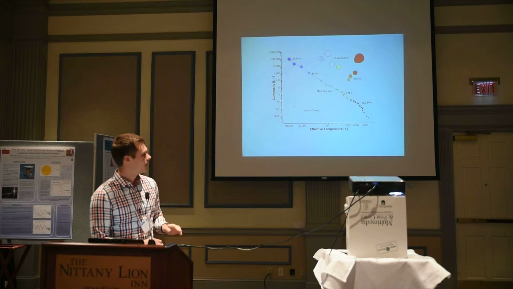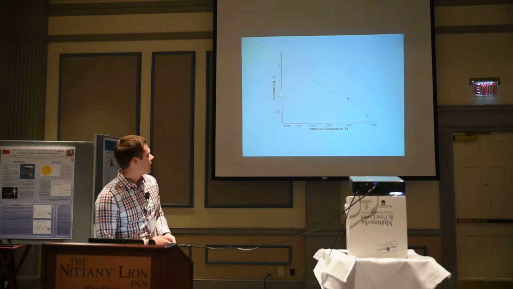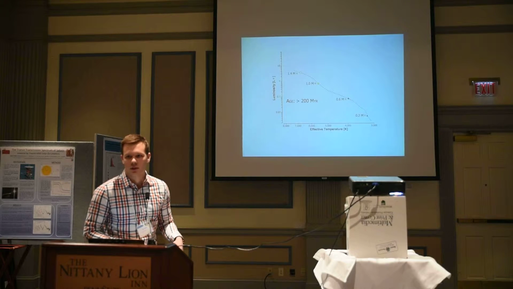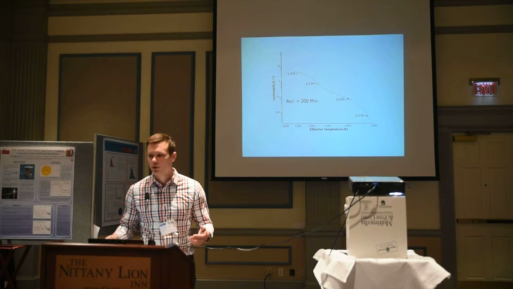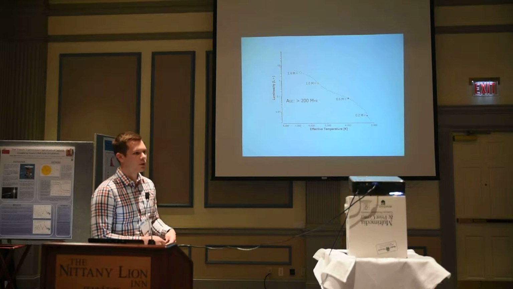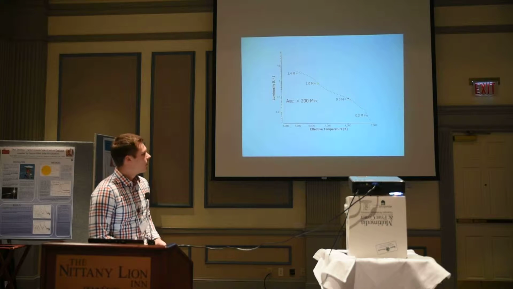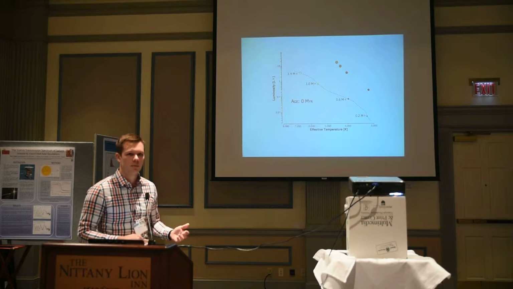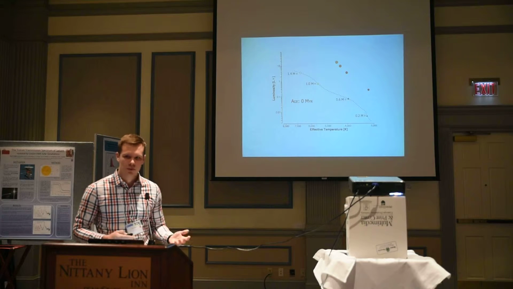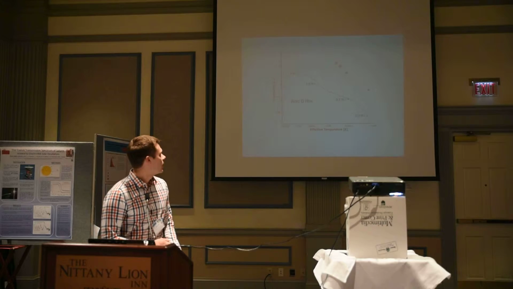To do that, let's just select the subsample of stars here and zoom in. These are stars around the mass of the sun or a little bit less massive. After about 200 million years, all stars are pretty much on the main sequence, and this is where they'll stay for the rest of their life. When they're first born, they're brighter and bigger in size and in a different part of the diagram. And as they contract and start to begin,